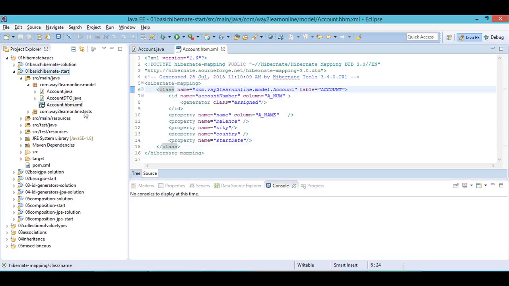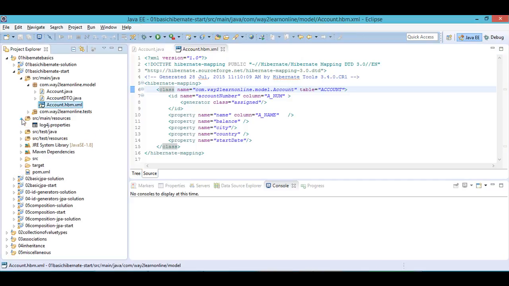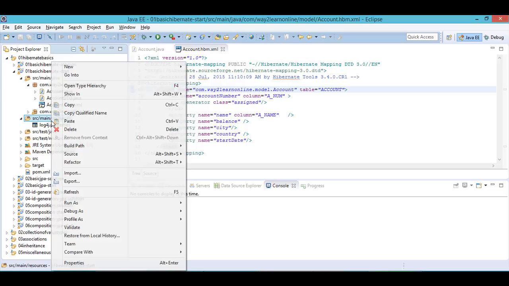Then did I tell which database to connect to? What is the URL, username, password, driver? I didn't say anything. So all such configuration can be written in a file called hibernate.cfg.xml. How to generate it: in src/main/resources, we should have all the configuration files. So I'm creating a new